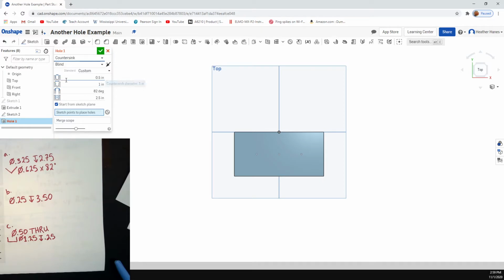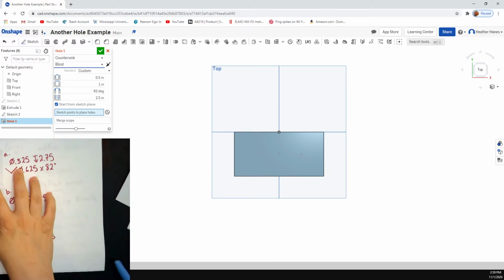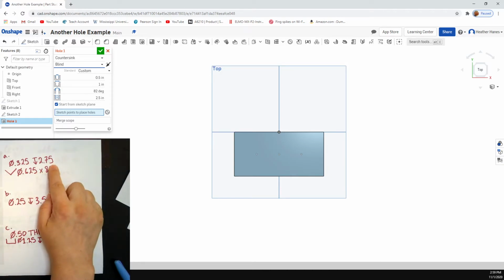My first one was a countersink. You can say, okay, is it blind or through? If it said go all the way through, go pick through, and that'll take away this depth option at the bottom here. So you don't have to tell it a depth anymore, it just goes through. But blind works for right now because the countersink I've got here is not blind, it goes to 2.75